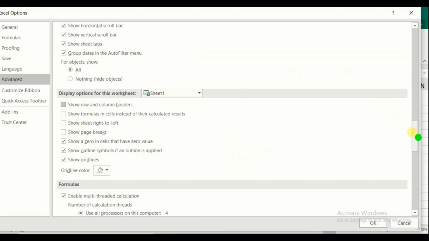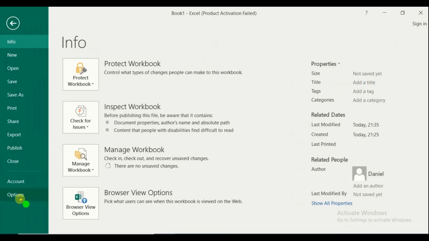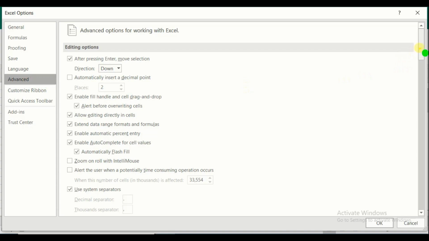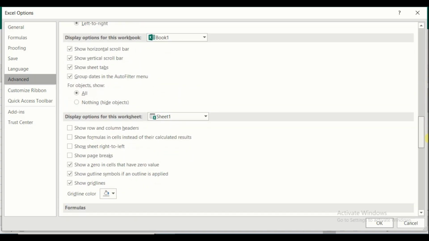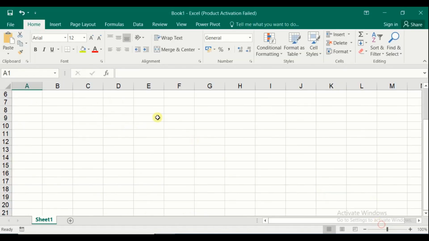I am unchecking, then okay. You can see that the column headers and row headers have been removed. To bring the option back, go back to the advanced options, display options, enable show row and column headers, then okay. Now it has been reinstated.